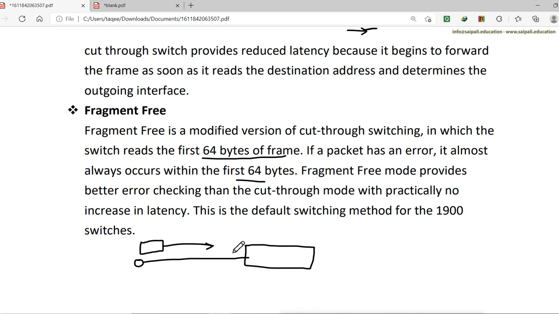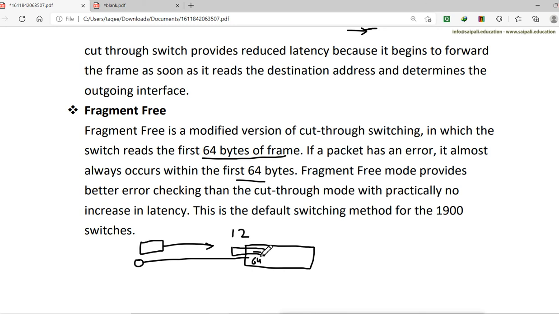When the packet enters the switch, through the physical layer and data link layer, it reads the MAC address, but it also loads the first 64 bytes of the packet. If any error comes, it will be within those first 64 bytes. So in that memory, it will be the error.